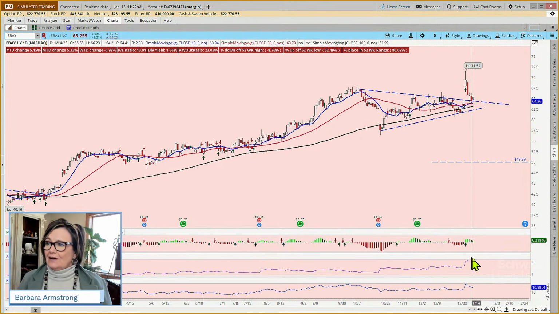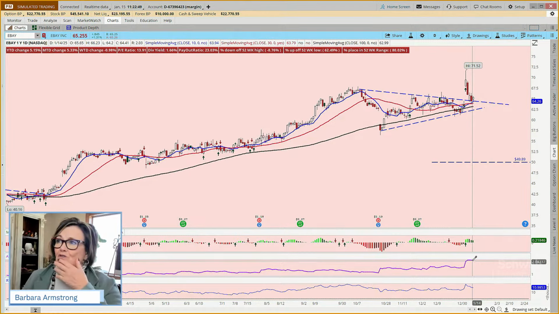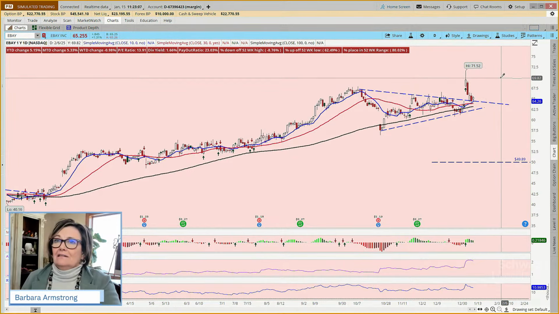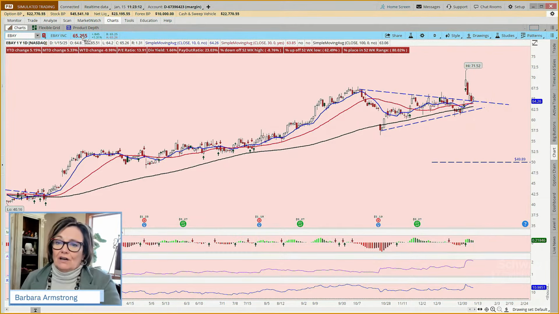We could look at this number down here and say, hey, in an average day, this stock from high of the day to low of the day over the last 14 days has moved about $2.12. So if it moves up $2.12, we'll take the money and run. Or we could come up, we don't have to go all the way to 71.52. We could come up here to say 70. It's at 65.25 right now. And could we do that with a stock position? We could. Could we do that with an option position? We could. And so let's look at doing one of each.